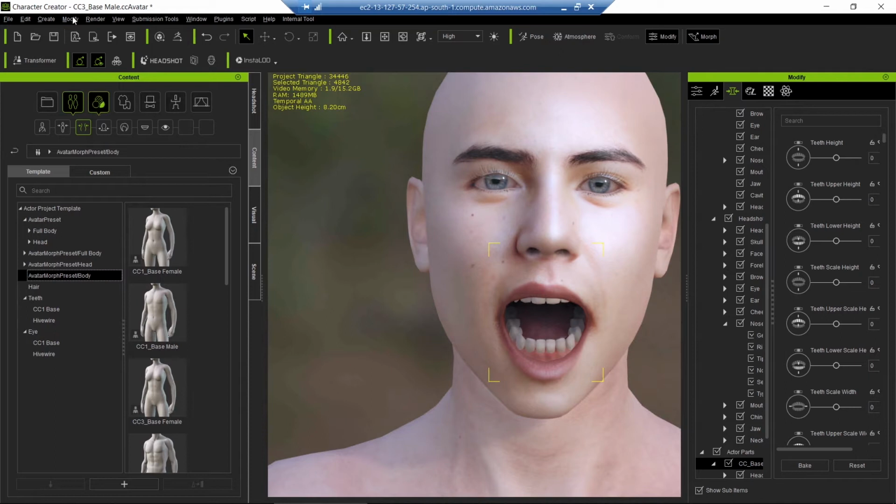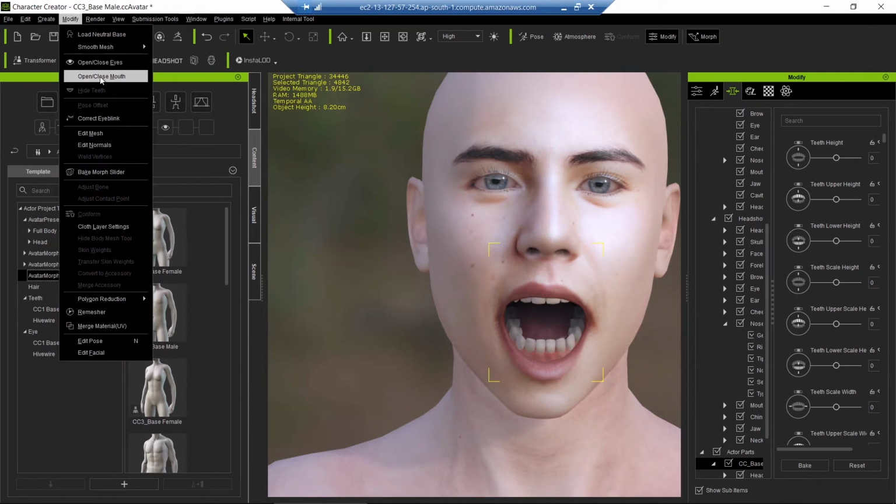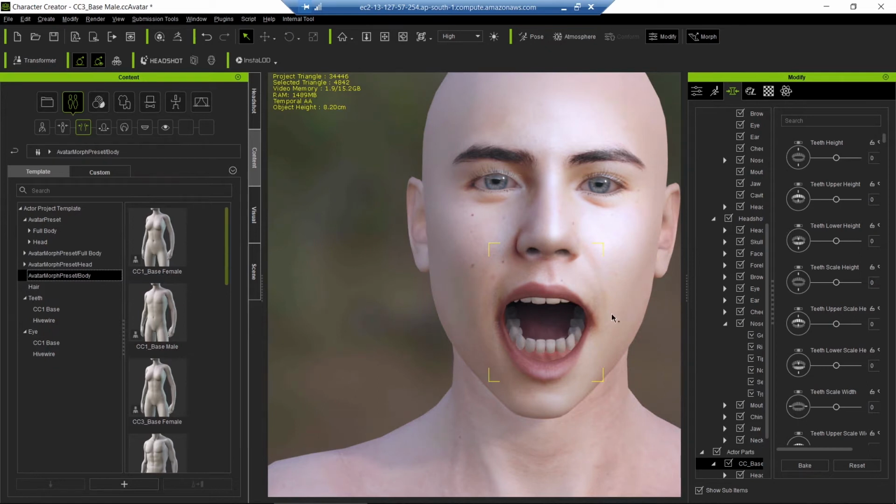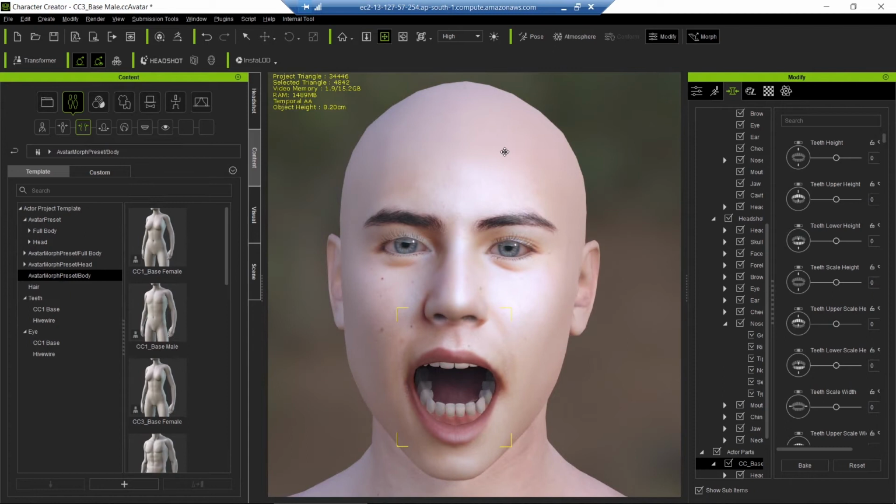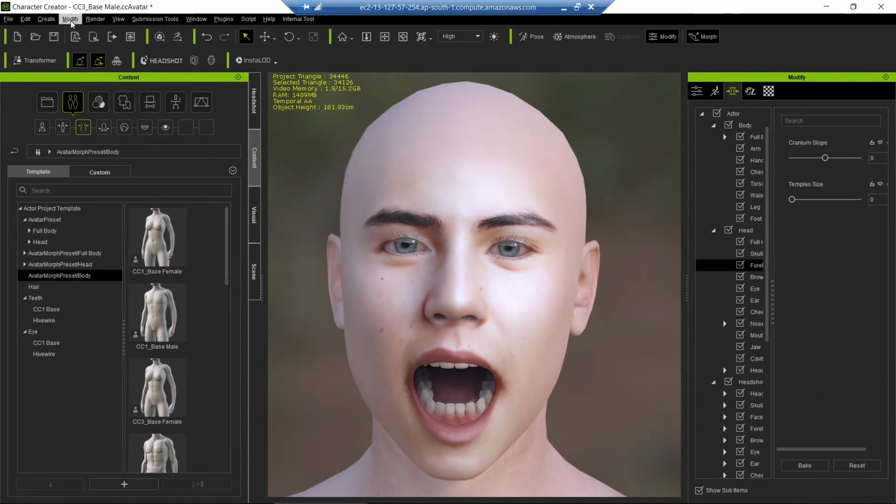Now let's just close the mouth. Closing the mouth will be done with close mouth. We are closing the mouth now. Now the mouth is supposed to be closed, because we have selected a different mesh here. That's why I think the mouth is not getting closed. So we have selected the complete body mesh. Now we'll open close mouth. Now the mouth has closed.